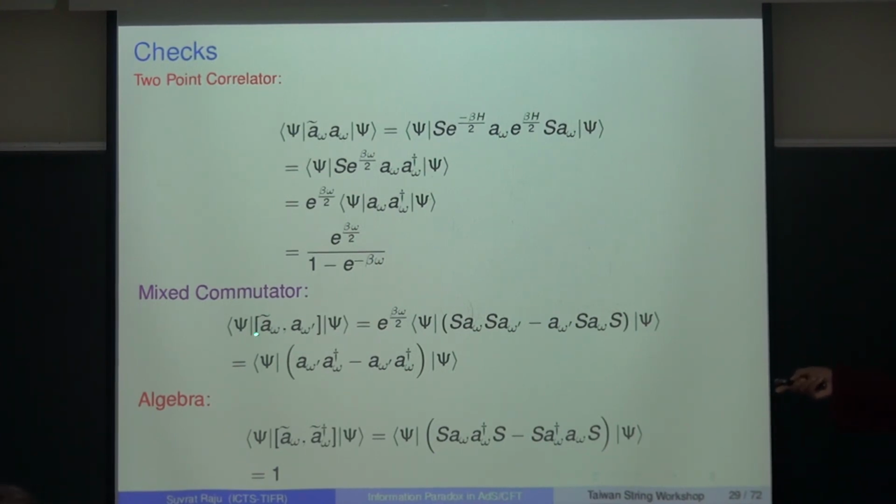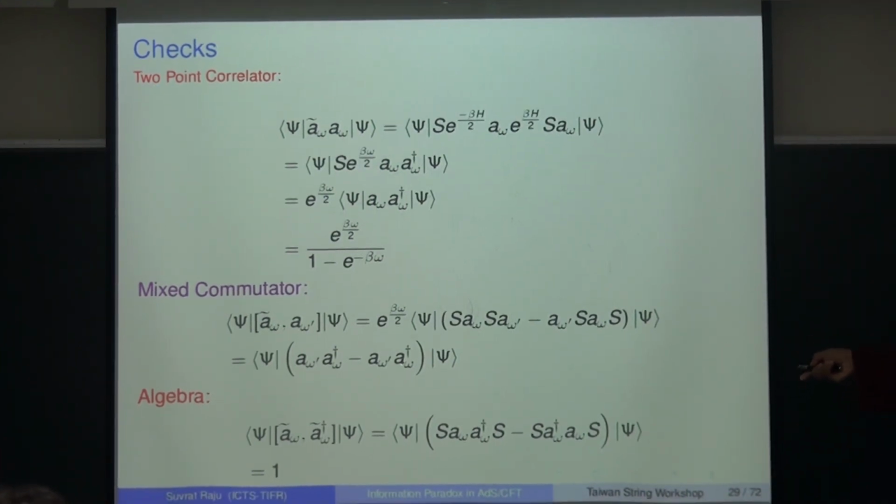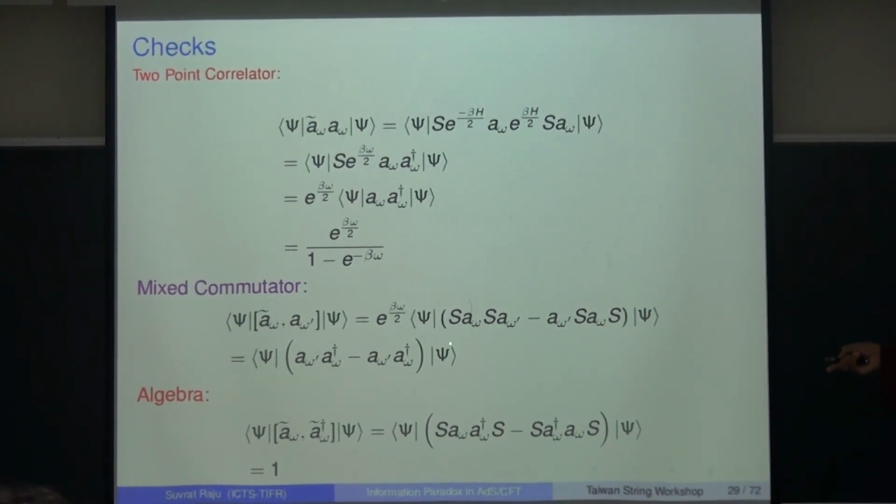You can check also that the commutator works out correctly. You check the commutator, and you look at A tilde into A omega, and you can just put in these factors of S. S on psi is just itself. S on A is A dagger, and you can check that regardless of what ordering you put in here, once you put in these factors of S, this becomes the same expression, and therefore the commutator vanishes. The mixed commutator vanishes because it becomes A into A dagger minus A into A dagger. And you can check that these operators have the right algebra amongst themselves, because once you put in these factors of S, it becomes the ordinary A omega into A omega dagger algebra.